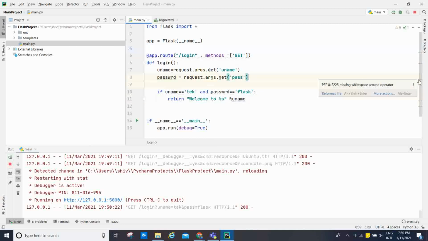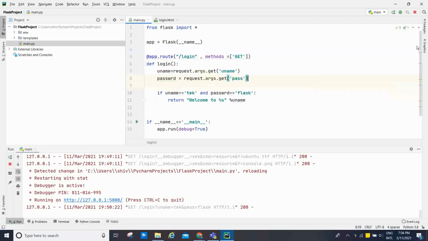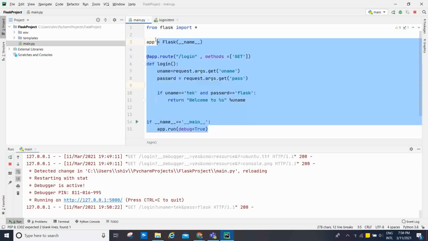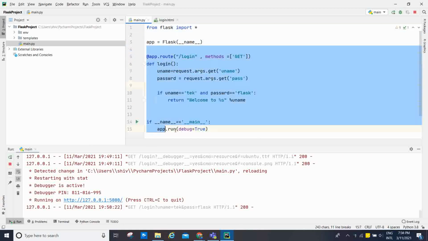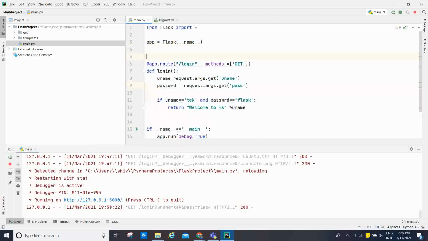Flask templates. In the previous example, we have written a simple string as the response from the view function. We are returning only this string, right? Flask also facilitates us to return the response in the form of an HTML template.